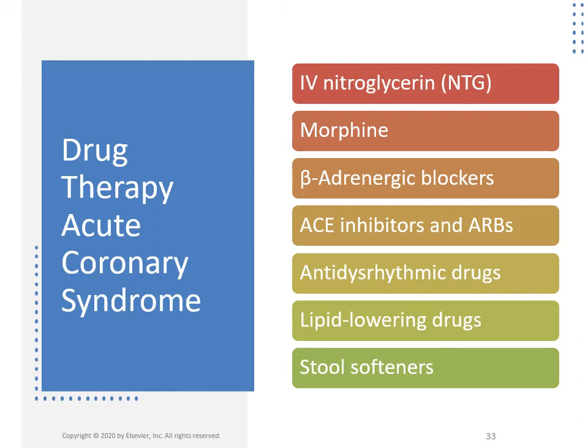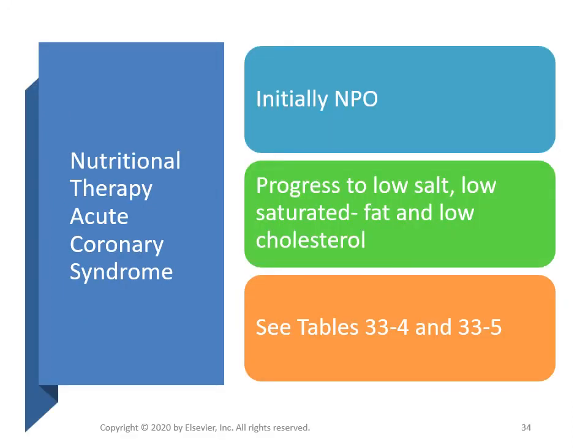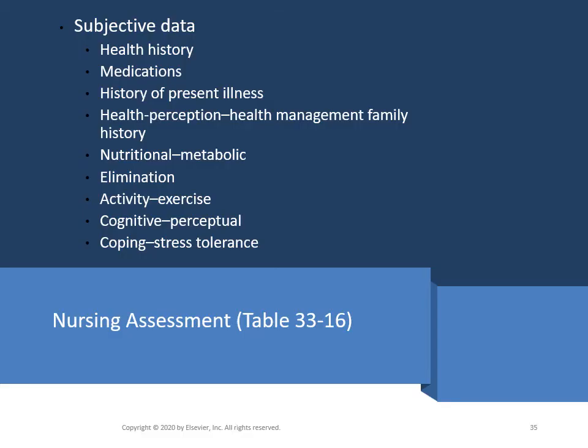We have previously discussed the use of beta blockers, ACE inhibitors, and ARBs related to the patient with MI. They are also useful in the patient with acute coronary syndrome in that they reduce myocardial oxygen demand and the potential for developing heart failure. This is particularly true in patients with reduced ejection fraction. Lipid-lowering drugs and stool softeners will also be given to patients who are having unstable angina. If patients are hemodynamically unstable, they will be NPO. As this condition resolves, we should advance the diet as tolerated to a low salt, low saturated fat, and low